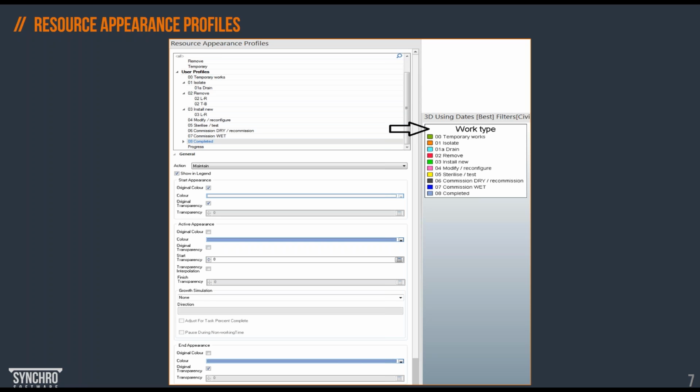In Synchro we can do that easily from the resource and the resource appearance profiles. So that's a tool that we really like, and it's completely user-driven, user-defined, and you can adapt it to your needs or your requirements.